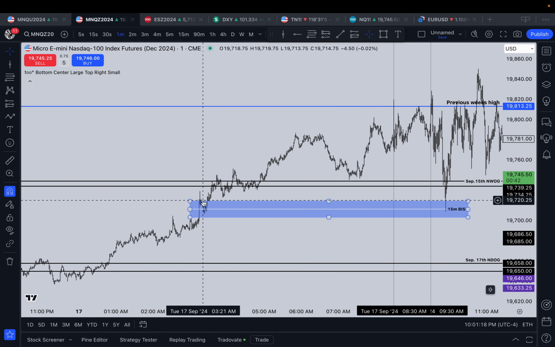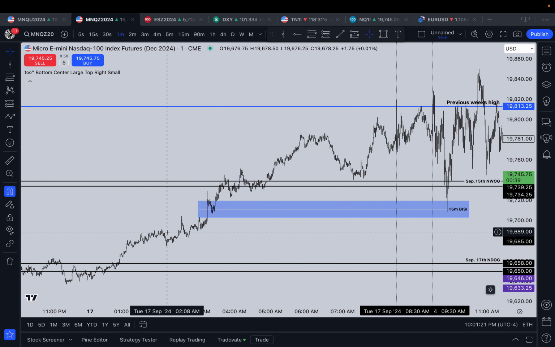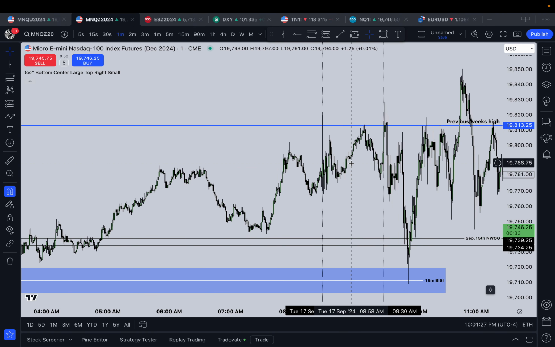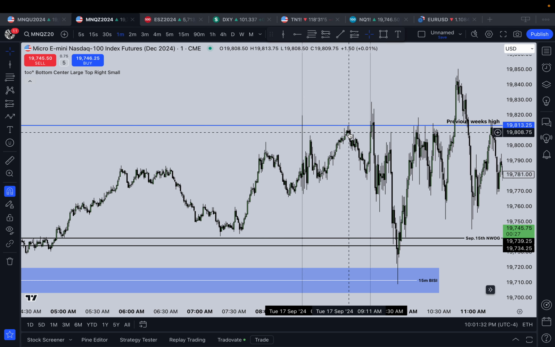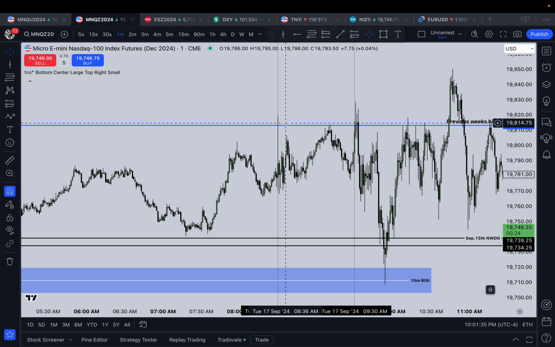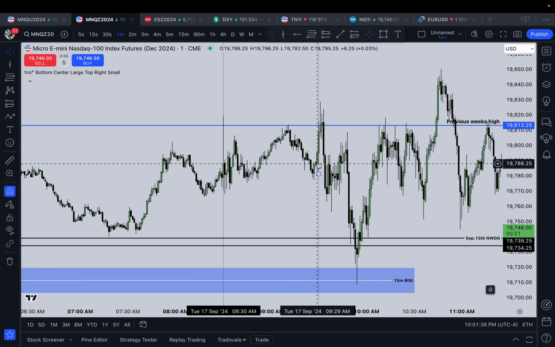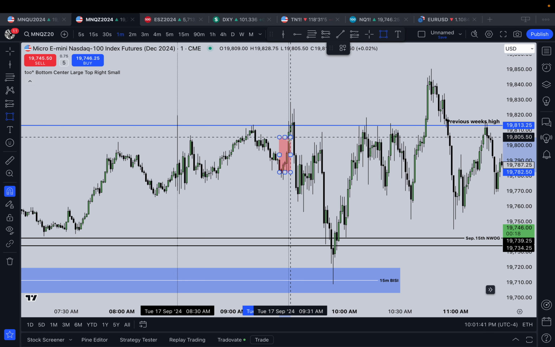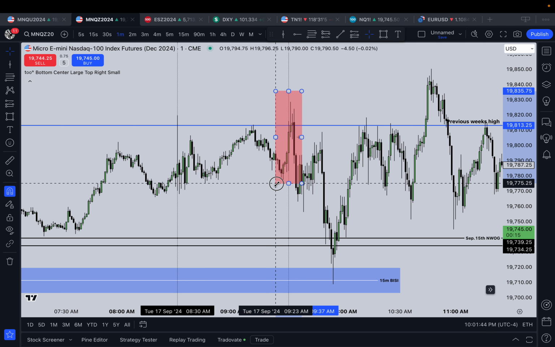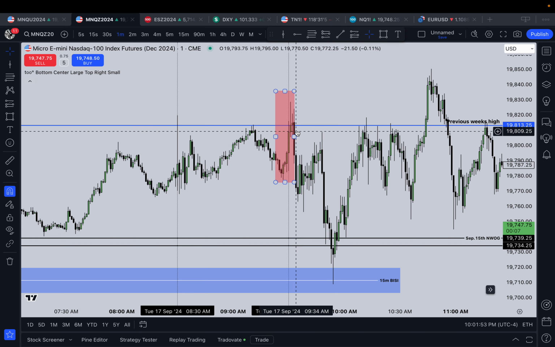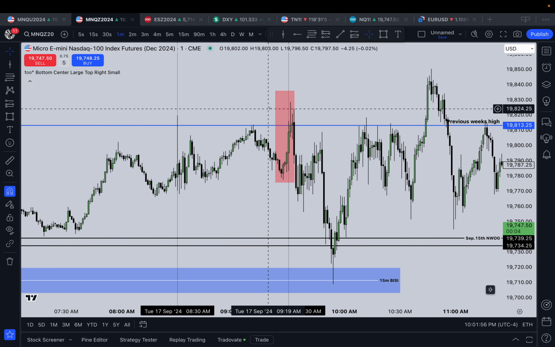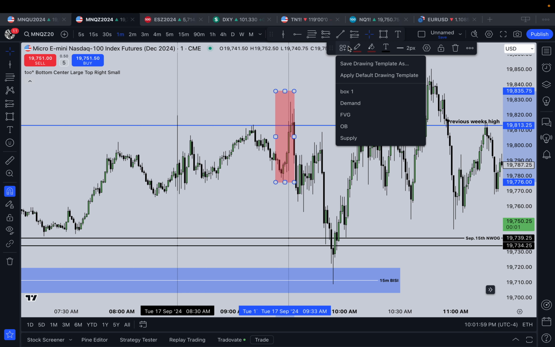As you guys can see, overnight over London on Tuesday, the London session, 2 a.m., starts right here where my cursor is. We rally up all night, all the way to the previous week's high. So right there already, that is a Judas swing. We have the previous week's high taken, so we have buy side taken, and then right before 9:30, we have this run up right here. It starts at 9:27, so it starts before 9:30, but once 9:30 hits, we take out the previous week's high one more time, as well as the news high. So boom, right there, that is your Judas swing.